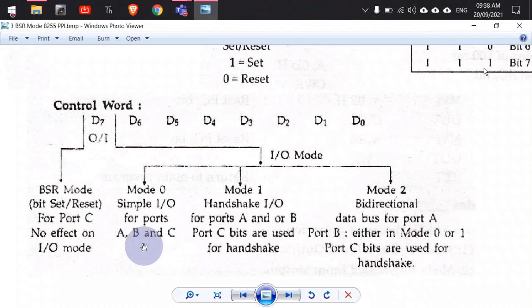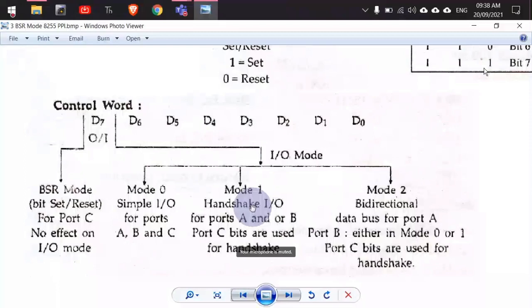In mode number 1, you have got a handshaking mechanism. Similarly, in mode number 2, you also have a handshaking mechanism. And what do we mean by a handshaking mechanism? Handshake is like when you do something, you acknowledge what you have done, right? If the processor has transferred some data, the peripheral will acknowledge that yes, I have received your data and now I am free, so you can transfer other data. So that way, even if there is a difference in speed between the processor and the input output peripheral, because of this mechanism of handshaking, the data can be successfully transferred from the input side to the output side, right?